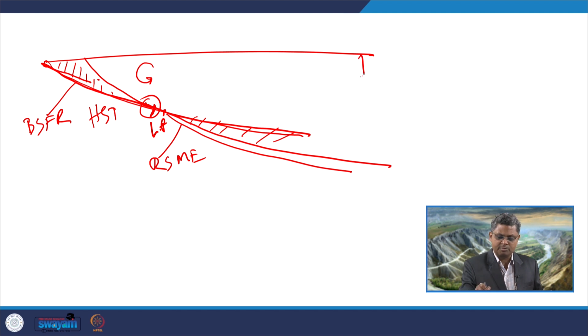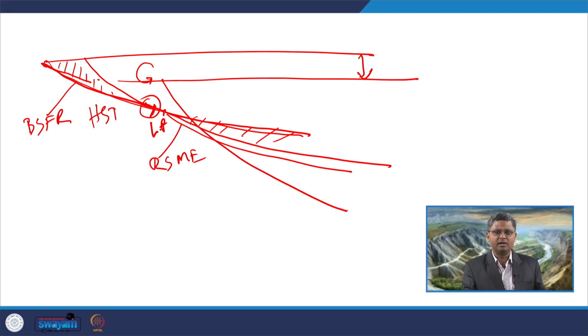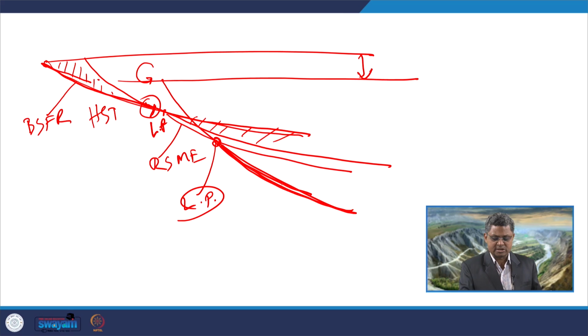For the next phase of the fall, we get a new base level and for that we get a new equilibrium profile and we are getting a new lever point. So, this is lever point 2 which is forming over here. So, this lever point is further controlling, or is producing, a new substrate, a new erosional surface, which is the second RSME surface.